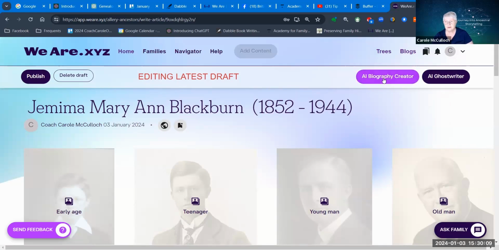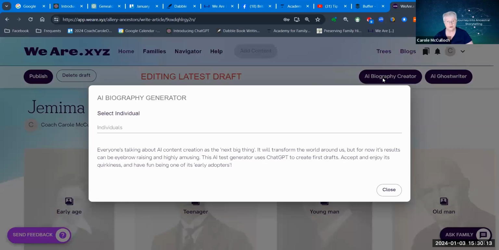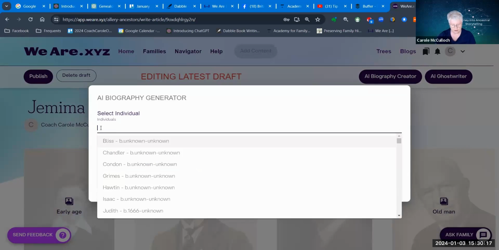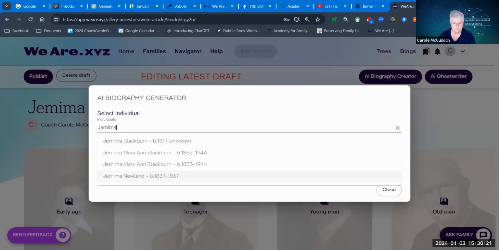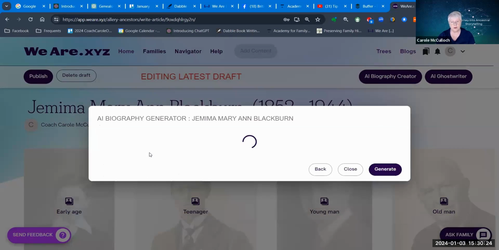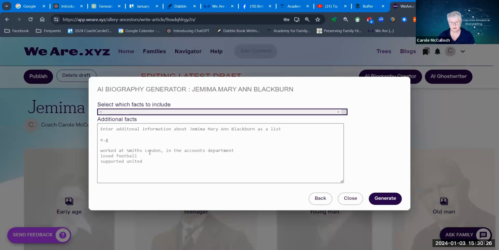One last thing, it does come with an AI biography creator, which is useful if you want to get AI to help you. So we want Jemima Marianne Blackburn. And it will look at the facts that we already have for Jemima, and I can put in a few extra ones.